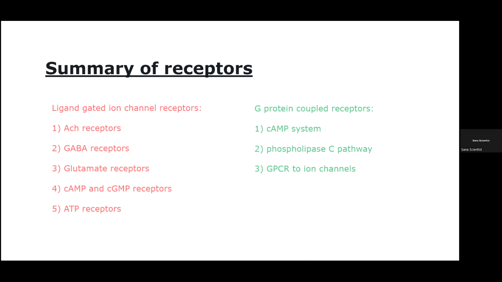And we have the acetylcholine receptors. These receptors are ligand-gated ion channel receptors, which means that we need a ligand in order to have a function, to see a cellular response. What is a ligand? A ligand is a molecule which is produced by a cell, and then it affects a different cell,